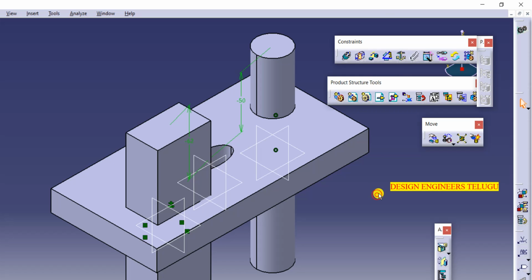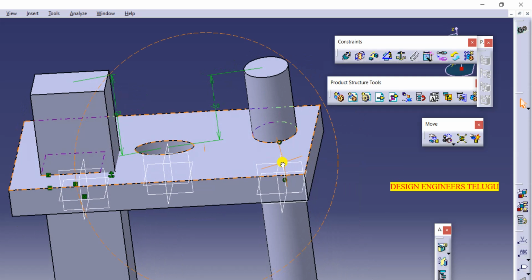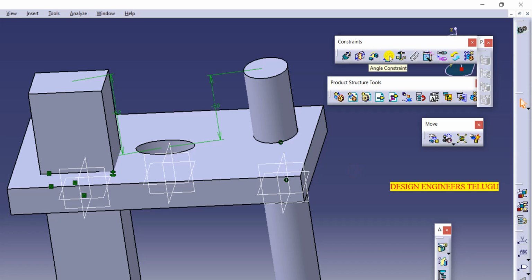Suppose for example, if you want to use this angle constraint, we need to go for the cylinder and then so here you have this planes, right? So now what I will do is I will go for angle constraint and then I will select this plane of the cylinder. So I'm selecting this plane and this plane, or you can select any flat face also, it's up to you. In this case I'm giving this plane.